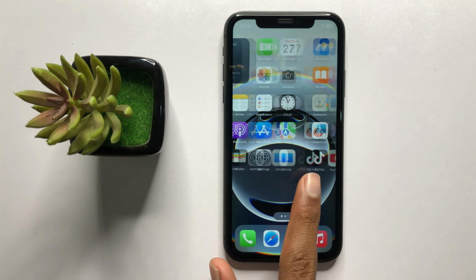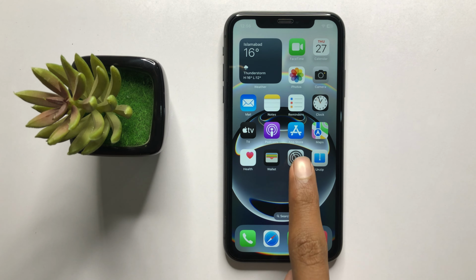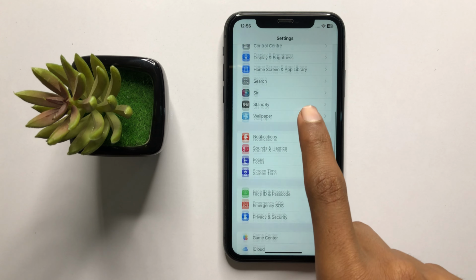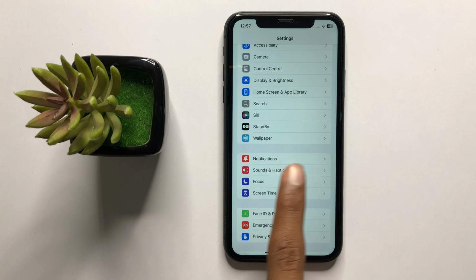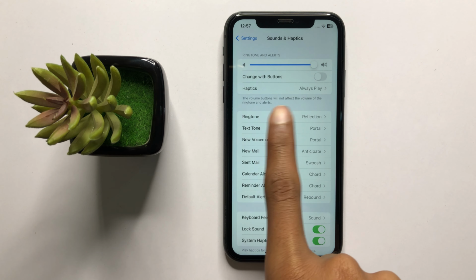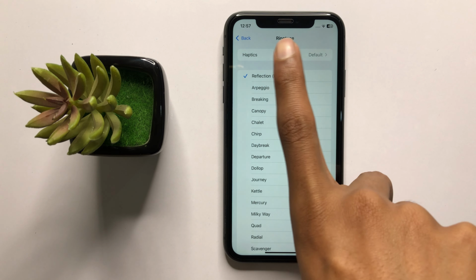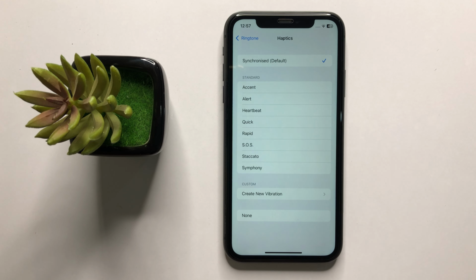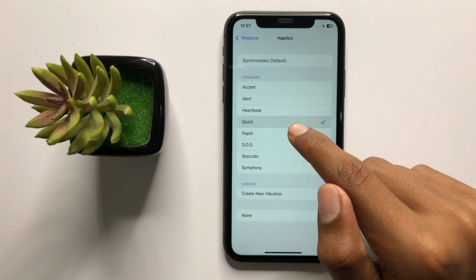First of all, open settings. In settings, scroll down and then click on sounds and haptics. Now click on ringtone. On top you can see the option haptics. Now click on haptics. Now here you can change your haptics,